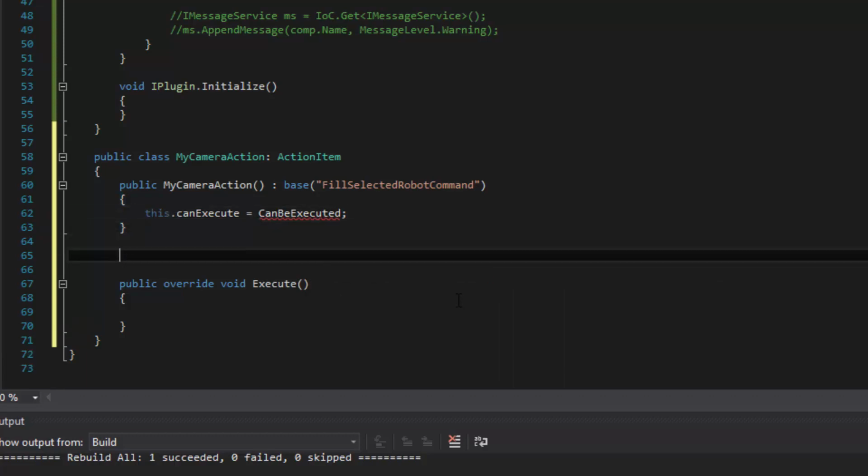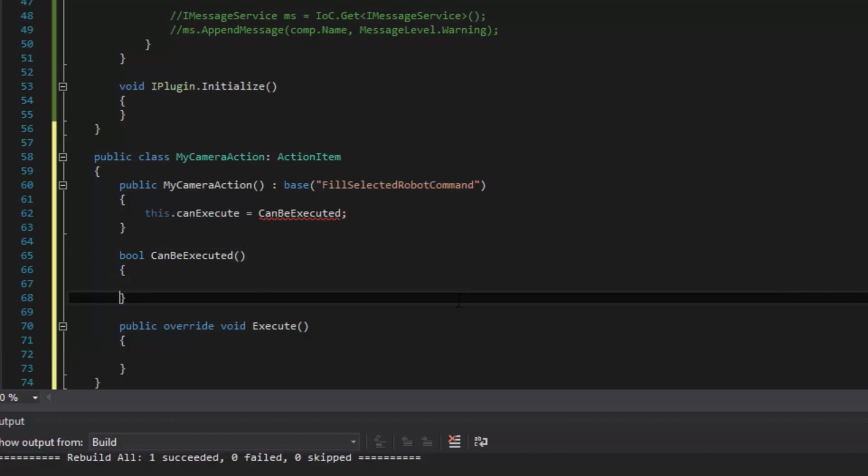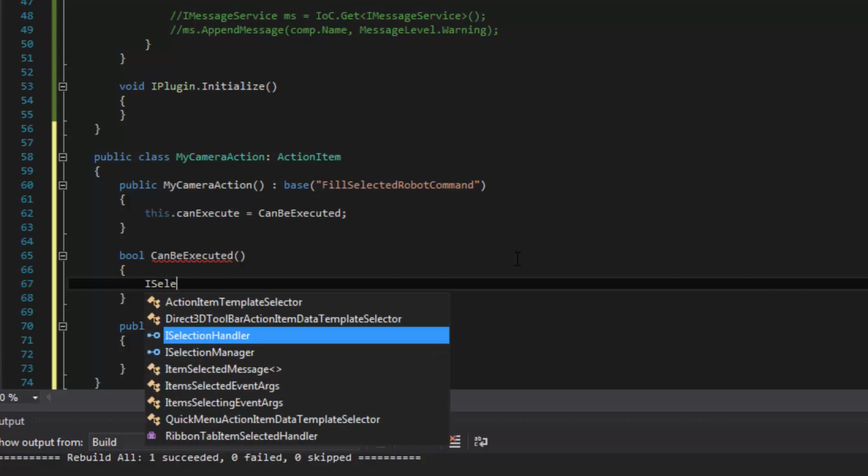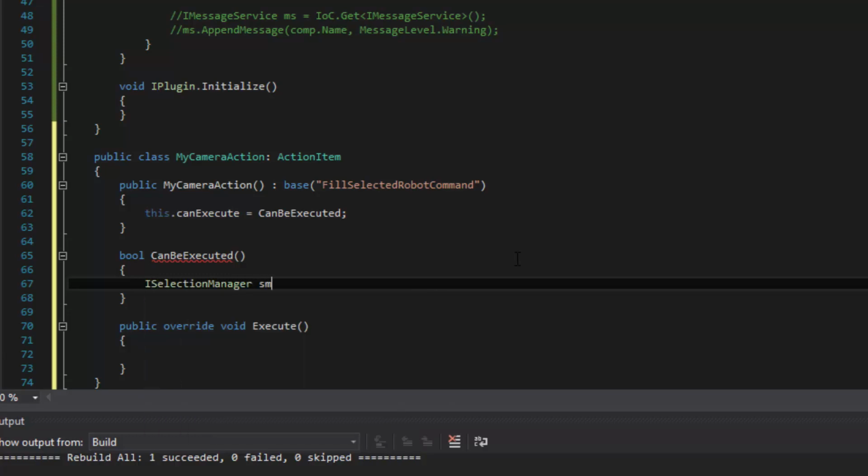And this function doesn't exist now, but we know it needs to return a true or false value, so I'll type bool CanBeExecuted, parentheses, add those squirrely brackets. And now we're going to use the selection manager to know what we have selected in the 3D world and then test that selection to know if it's a robot. So let's first get a handle for the selection manager. So I'll say ISelectionManager sm equals, and I'll use the IOC to get a handle for it. So GetInstance of ISelectionManager,